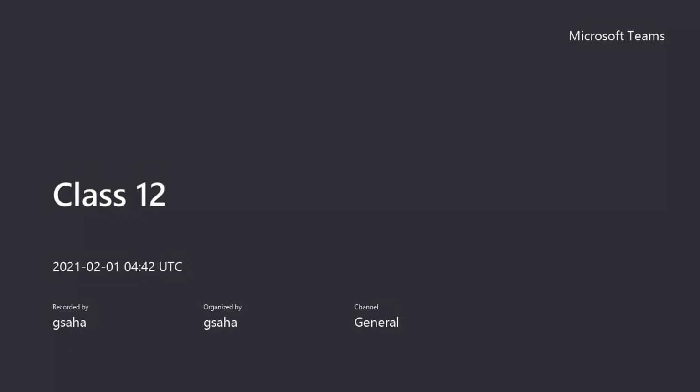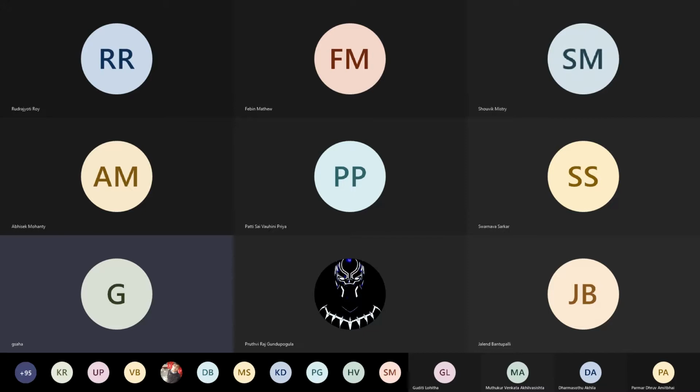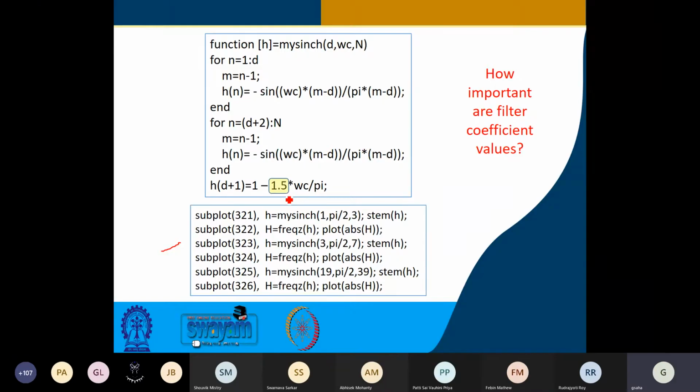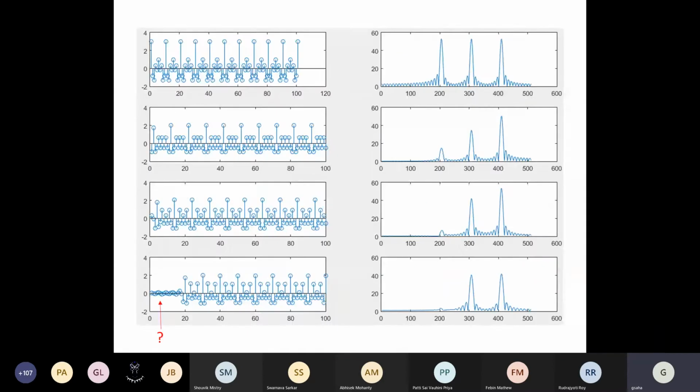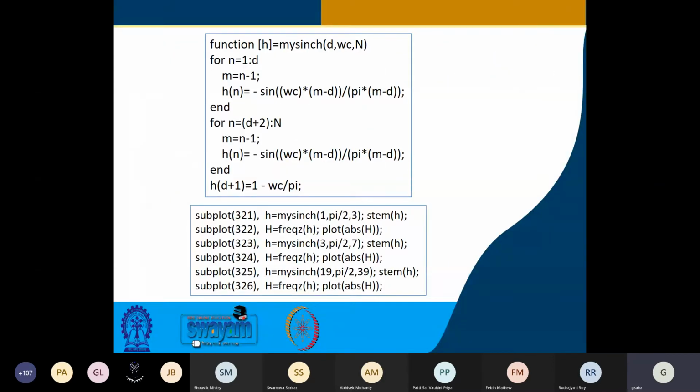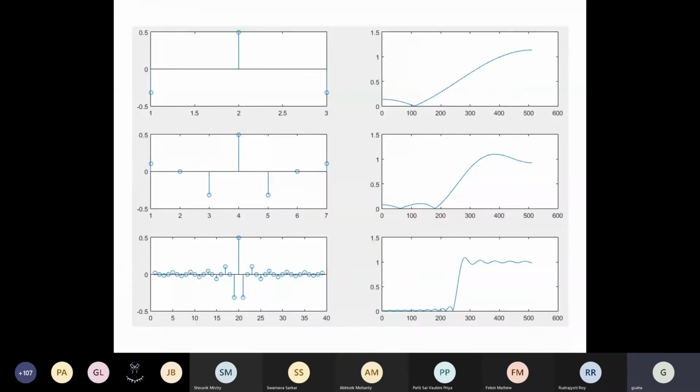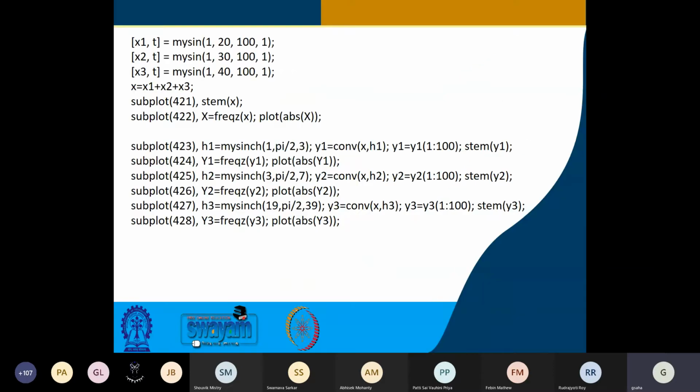And we looked at a few cases where the coefficient values were changed and how it plays out. So this is what we saw for coefficient value. This was the original one, and then we are looking at, this is the original one, right? And then we are looking at,